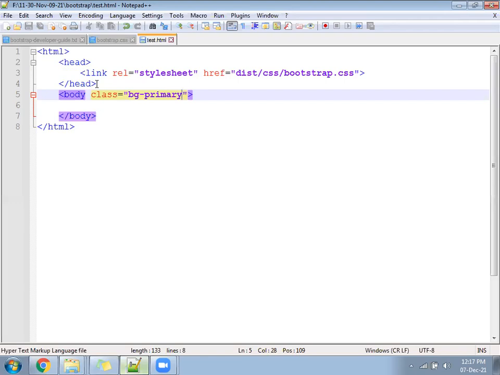Okay, ready, bg-primary. Save the file. Check that your page is coming in blue color. The page background should come blue. This file is just to test whether your page and the CSS folder are all in the proper place or not.